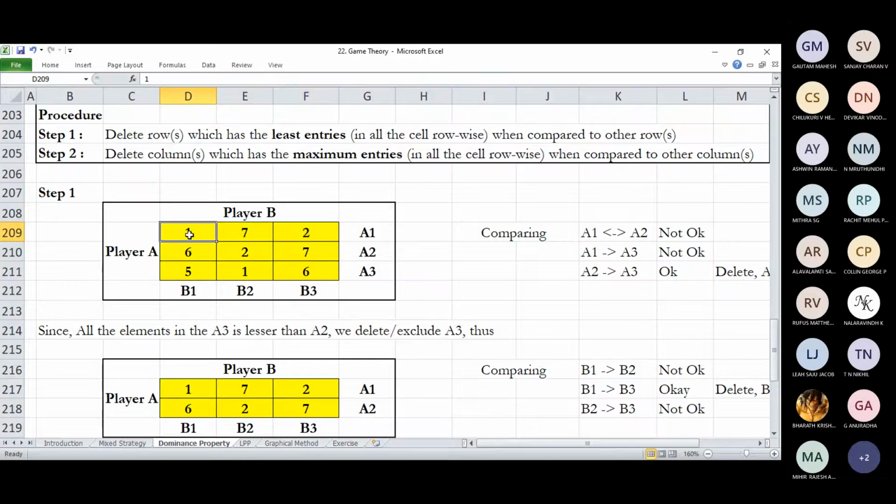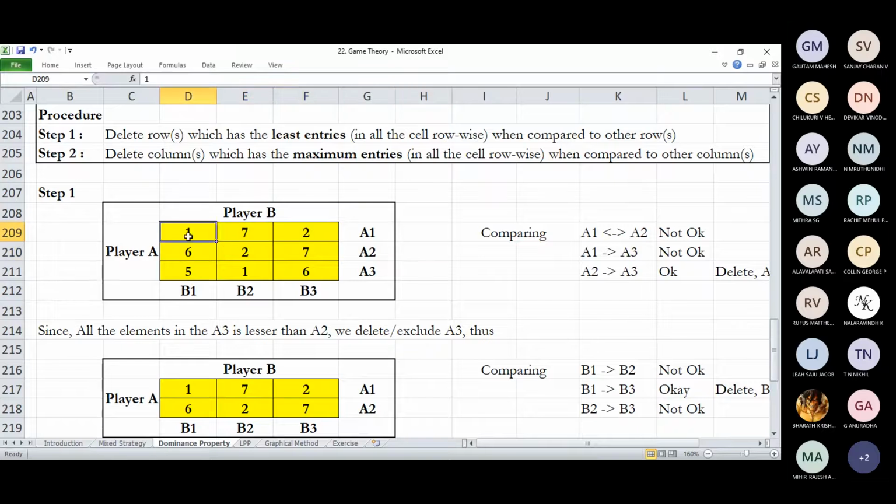In this case, I'm comparing A1 and A2. 1 is less than 6, okay, but 7 is not less than 2, so this comparison is ruled out. We need to find a row which has all its elements less than the corresponding elements of the row taken for comparison.